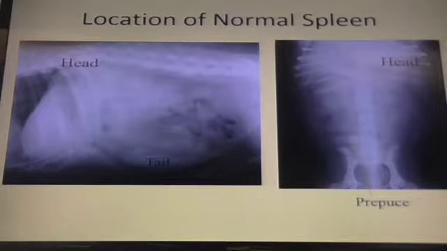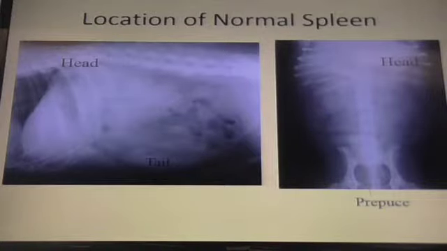I want to note on the ventral dorsal view, where the orange arrow is, there's a soft tissue opacity overlying the spine. Not to be confused with urinary bladder, that is the prepuce. So extra-abdominal structures: prepuce, masses, teats, ticks. Down in the south, big huge ticks can look like